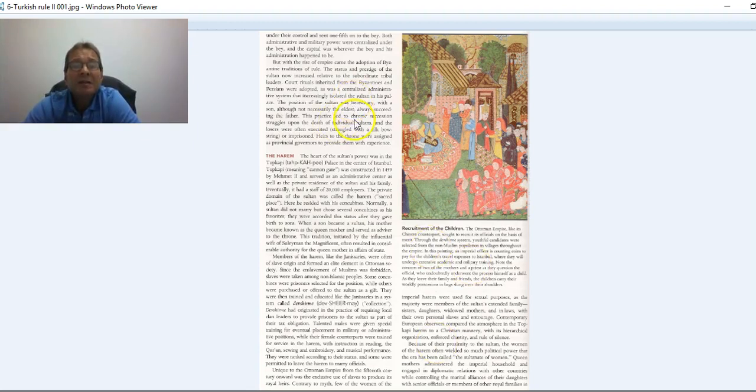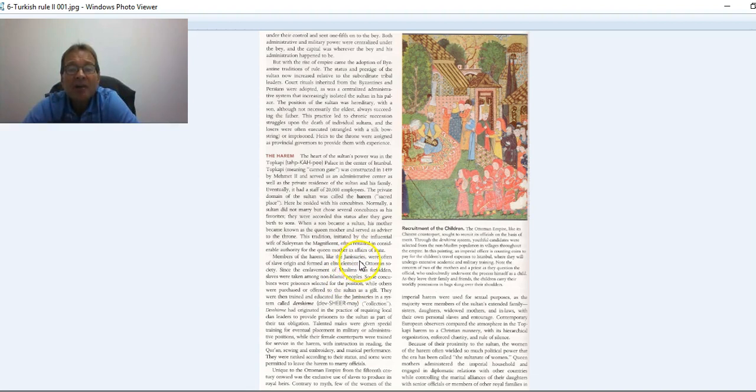And they adopted some Byzantine positions and practices as well, but at the heart of the Sultan's power was the harem at the Topkapi Palace in Istanbul. This was constructed by Mehmet II, and it is the administrative center and the private residence of the Sultan and his family. The harem is where he resided with his concubines. He did not marry, but he chose several, his favorites, to live with. And if one of them gave him a son, one of these sons will eventually become the new Sultan. And this was started by Suleiman.